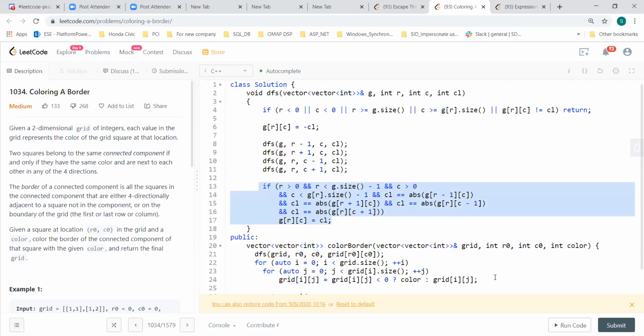And on the outside, I'm doing it this way. I understand DFS the standard way, so this is my standard, templatized way of thinking: whenever you have this connected component scenario, think in this fashion. I've seen 3 or 4 problems like this: coloring border, connected components, number of islands. Yeah, rotten oranges.